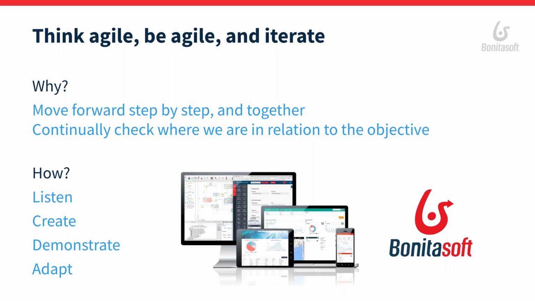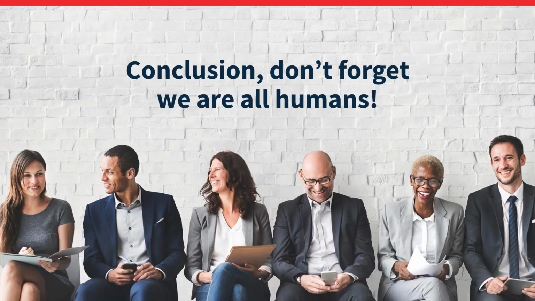For example, if we illustrate that with Bonita, and that's something we are going to see in the next chapters, Bonita will help you iterate, thanks to continuous integration, thanks to the fact that when you put a process in production, you can modify it and redesign part of the process, and then put a new version in production. You can collaborate through Git, you can use agile methodology, but it's only a tool. And really, we don't have to forget we are all humans, and that humans are the key actors.